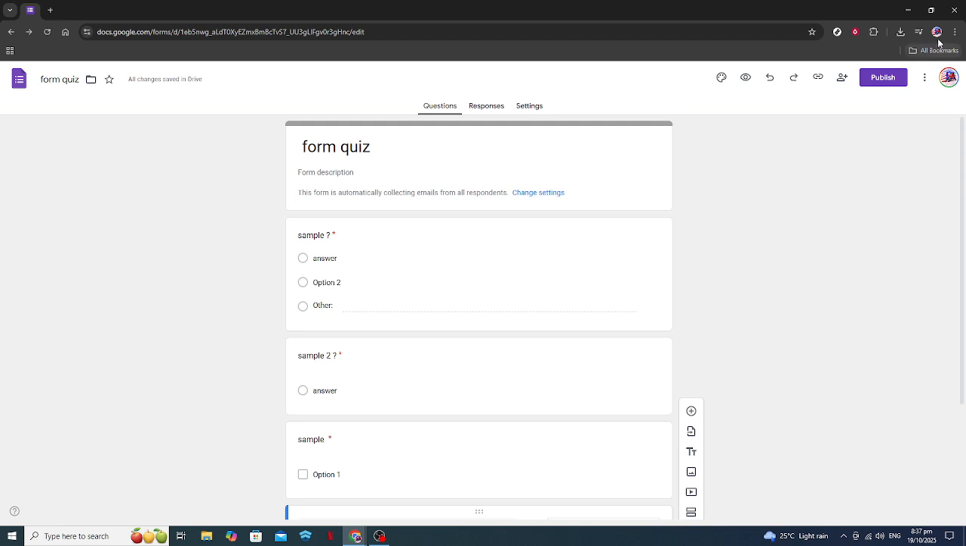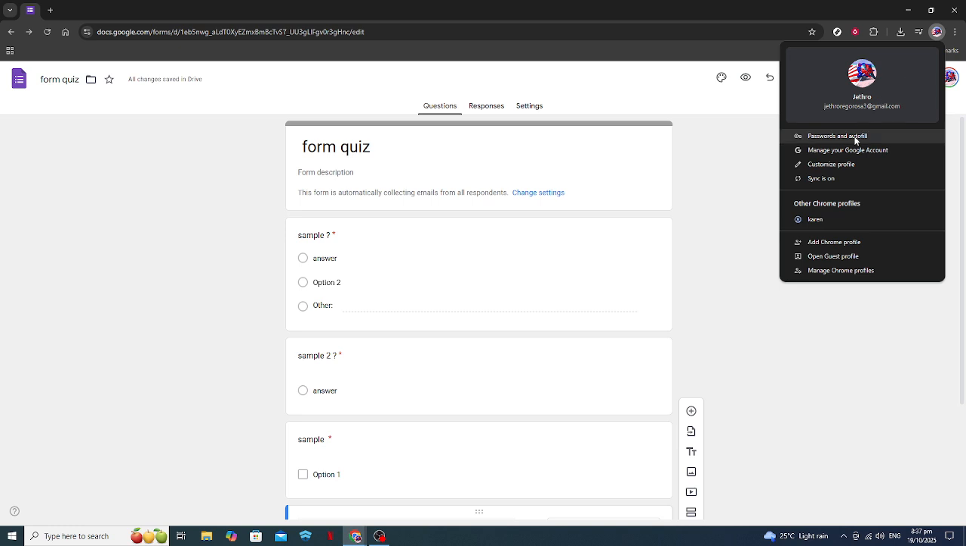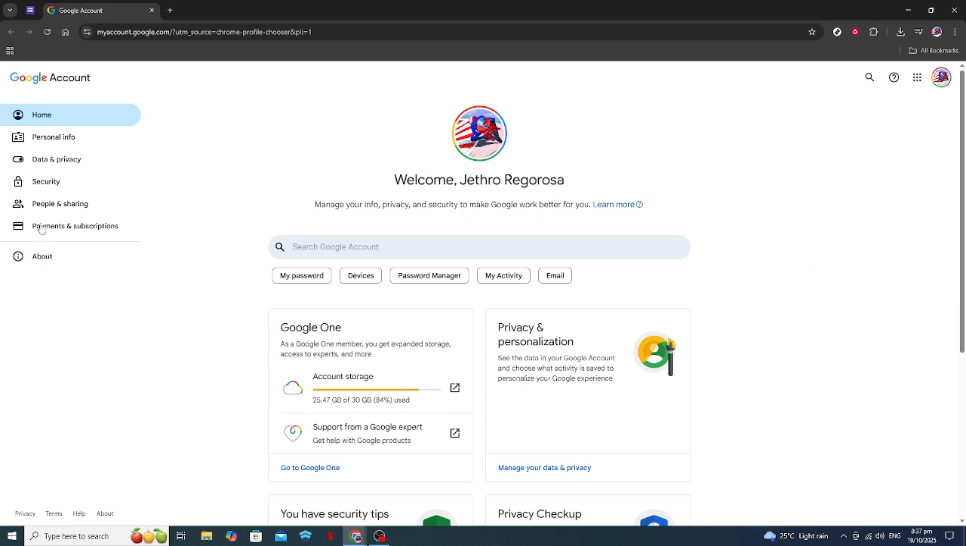You can do this by clicking on your profile icon located in the top right corner of your browser window. Once you click your profile photo, a drop-down menu will appear. Look for and click on Manage Your Google Account. This will direct you to the Google Account Settings page, where you can manage everything from privacy settings to personalized